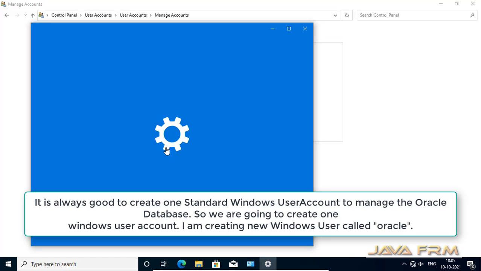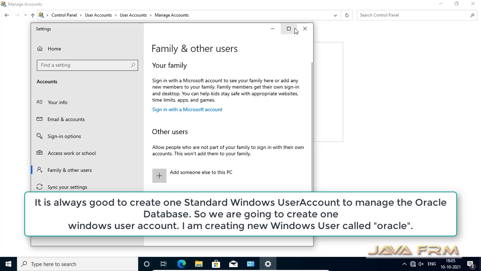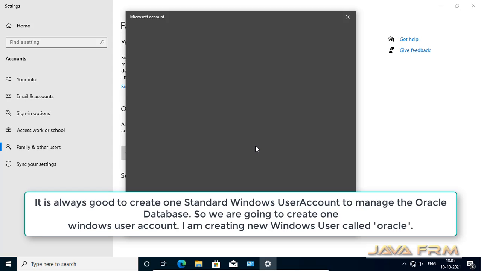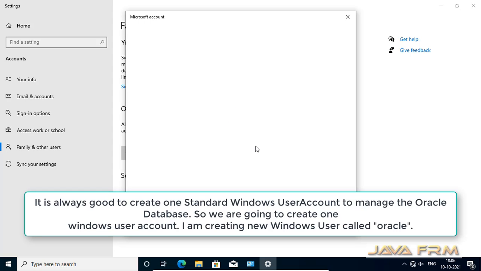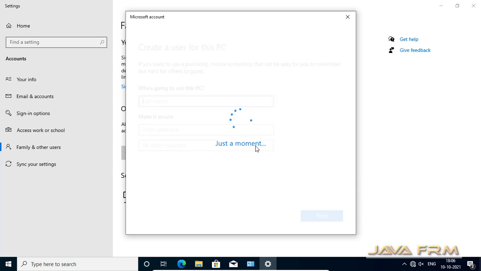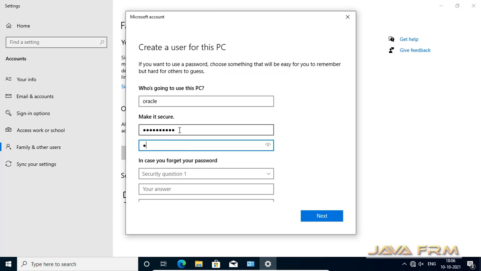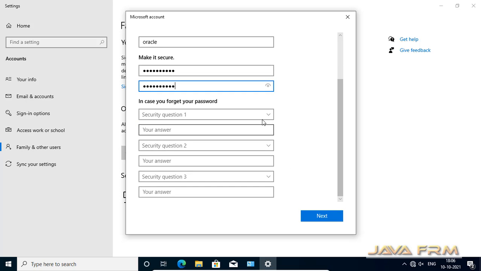So add a new user. Add someone else to this PC. I am going to create this user account called Oracle. Oracle is the name of the user. Provide the password and provide the security questions.